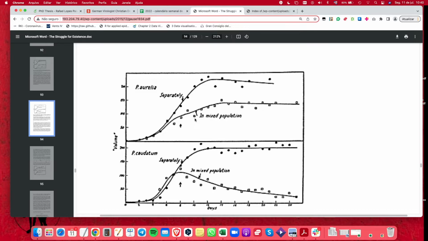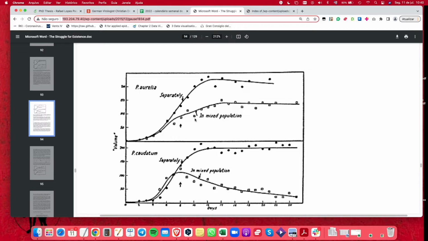And what happens is, when you have the mixed population, Paramecium caudatum still grows a lot, and goes to a smaller volume, but is not eliminated. While you have initial growth of Paramecium caudatum, and it goes down and is eliminated, or at least almost eliminated here. Okay, so that's a typical situation